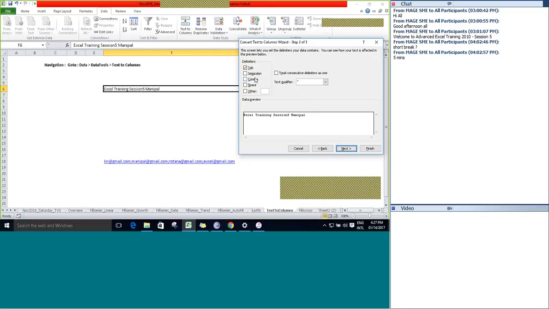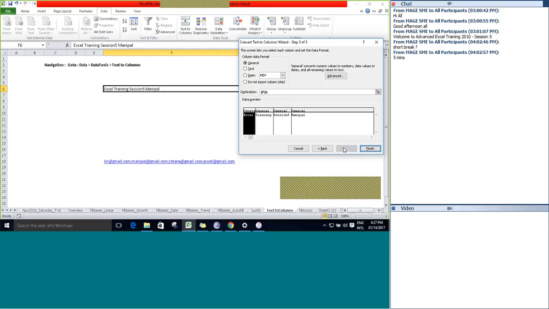So here Tab is not applicable, Semicolon is not available, Comma is not applicable, Space, right? Space is the corresponding delimiter we can use here. You can see the data preview below, which will show you what the output is going to be.